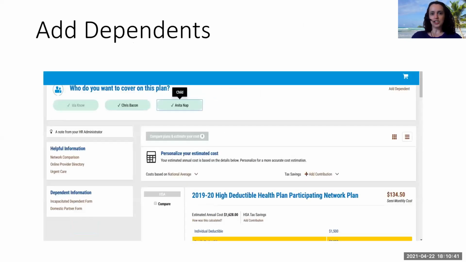I added this page in just to make it more clear how to add your dependents to your plan. All of your dependents that you listed in the beginning are now listed at the top of the page. If you click their name, it will turn green. Green means good to go, that they're going to be on your plan. If you don't want them on your plan, make sure their name is listed in white. So don't select anything, or unselect them if you don't want them on your plan anymore.